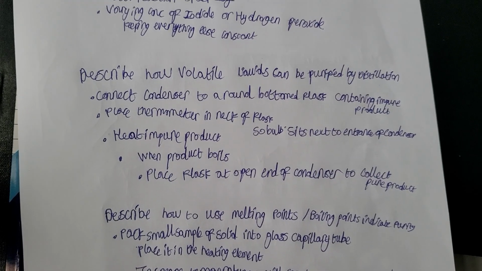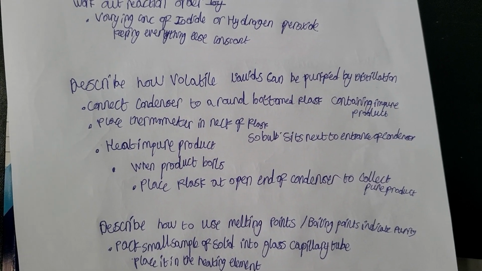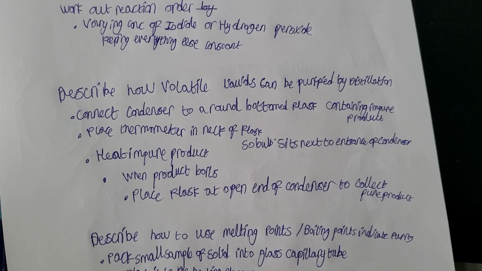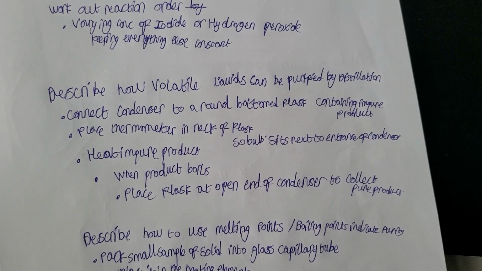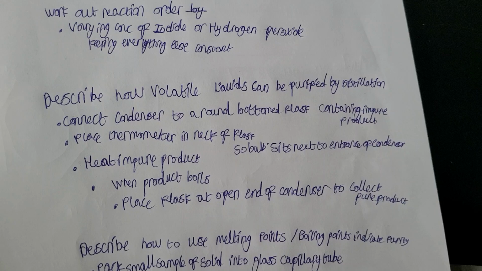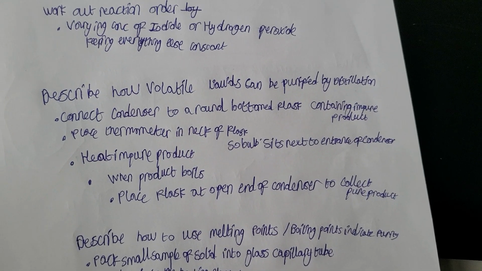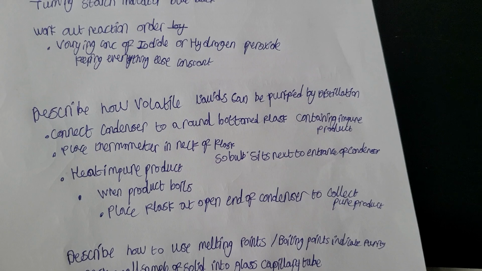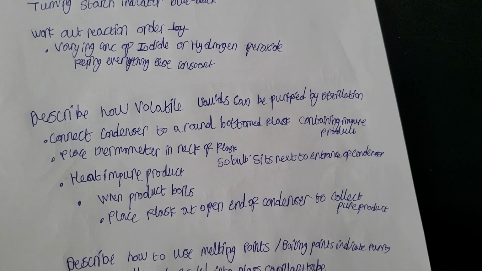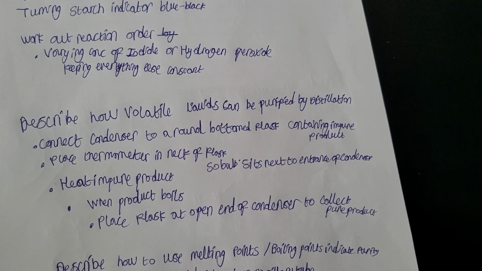So, how volatile liquids can be purified by distillation. We want to connect the condenser to a round bottom flask containing the impure product, and then place a thermometer in the neck of the flask, where the bulb sits next to the